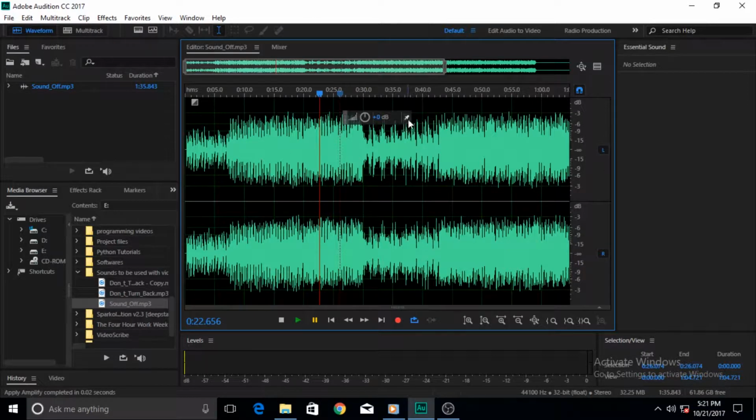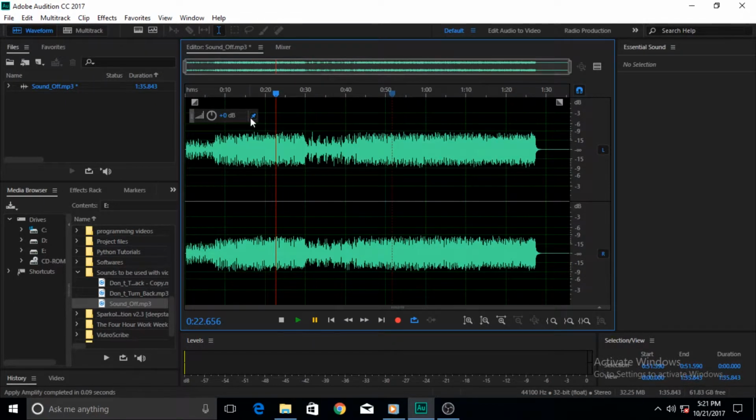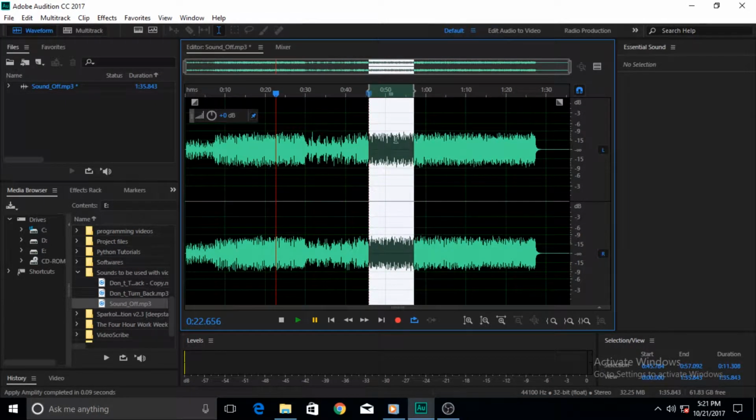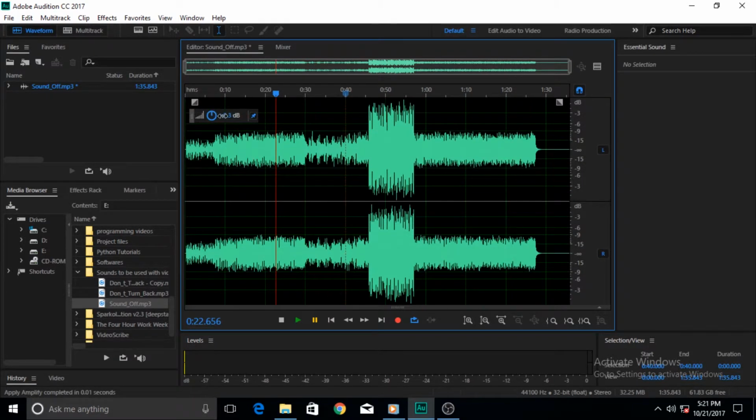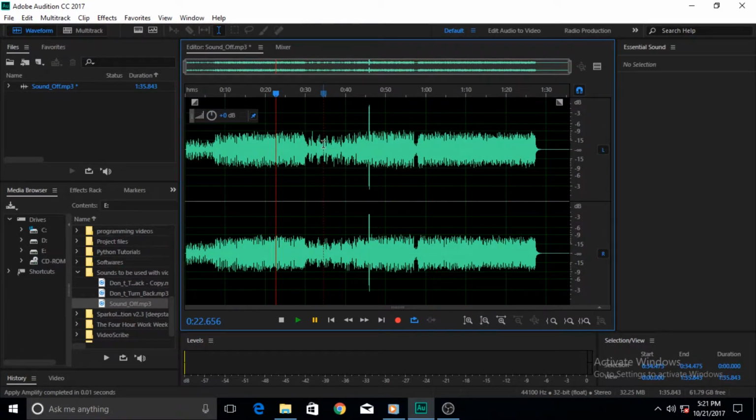The other thing about this is, if you do not make any selection, I'm going to pin it and put it here. If you do not make a selection and then increase and decrease your sound, then the whole amplitude of the whole audio file changes. But if you make a selection, for example this area, and then you slide this slider to one side or to another, then only the selected area's volume or amplitude changes, not the other parts. Without a selection, the whole thing changes, but with the selection, only that area is affected. It is an important thing to keep in mind.